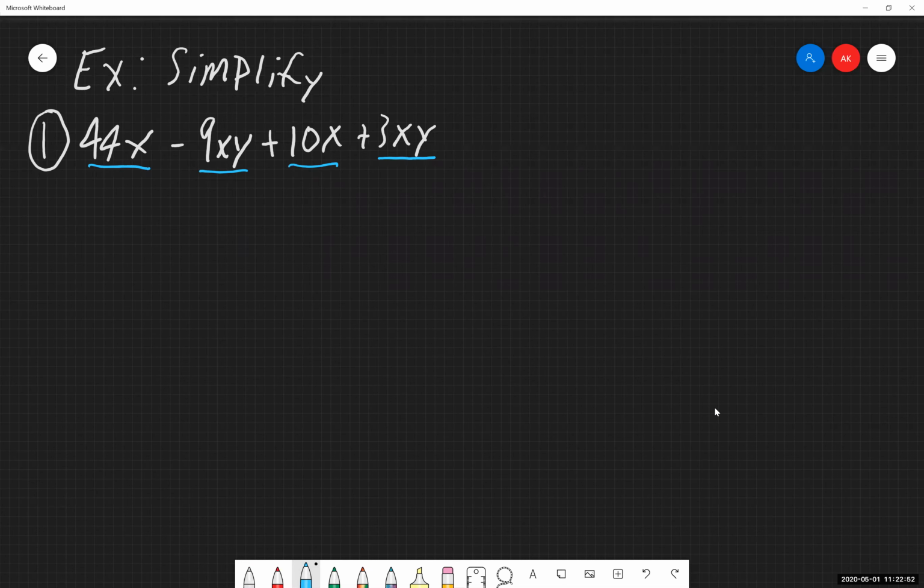Now you have a couple options on how you could go through and organize this for yourself. One option is to take the original problem, identify some like terms, rearrange the original expression so like terms are next to each other, and then add things together. I'm going to go through that one, which is optional, but all we're doing is rearranging these things. I see an x term and an x term here, so I'm going to rewrite those to be next to each other.